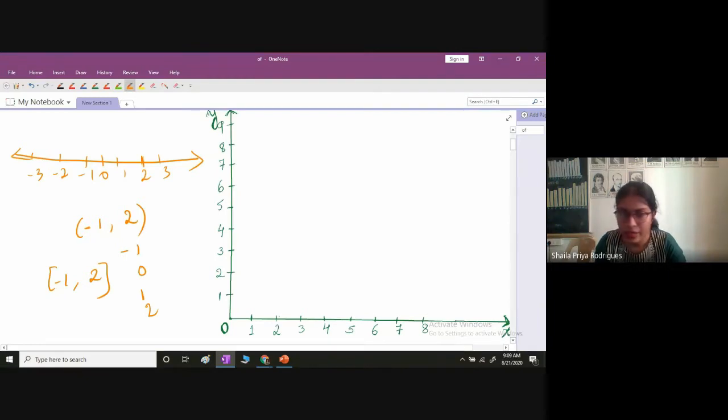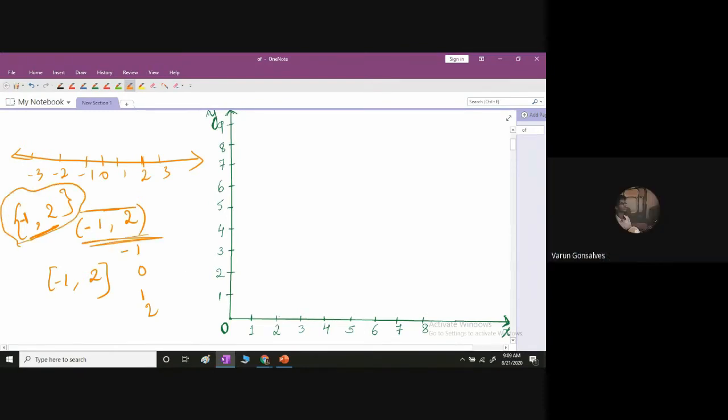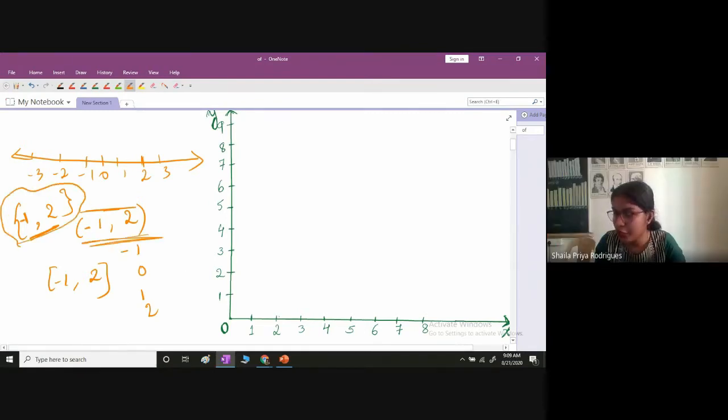Now, if I just consider a set, what is the difference between this set and this set? The latest set that I wrote there in curly braces, what is the difference between that set and the open interval that I've written here? That one has only two elements, which are -1 and 2. The set that I've written using curly braces has just two elements, -1 and 2, whereas this open interval has all real numbers between -1 and 2. That is the difference between just a set and an interval. An interval is a special set that has continuous numbers, all real numbers from that number to the other number.